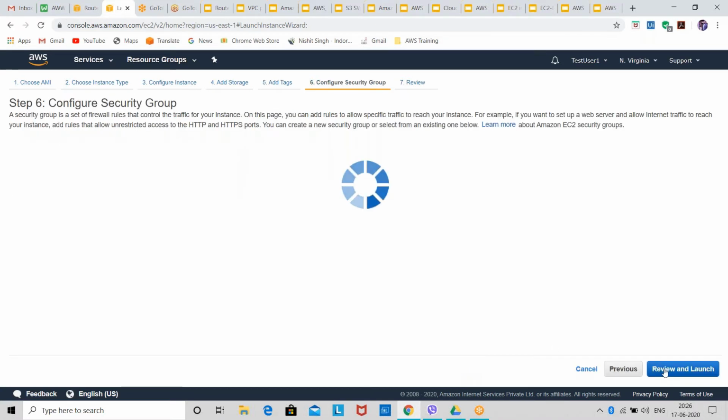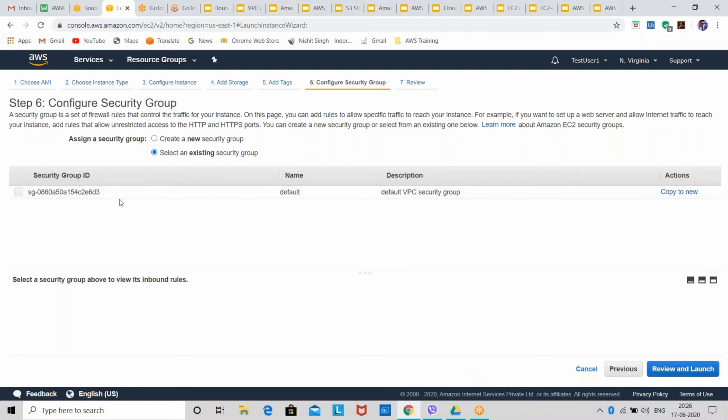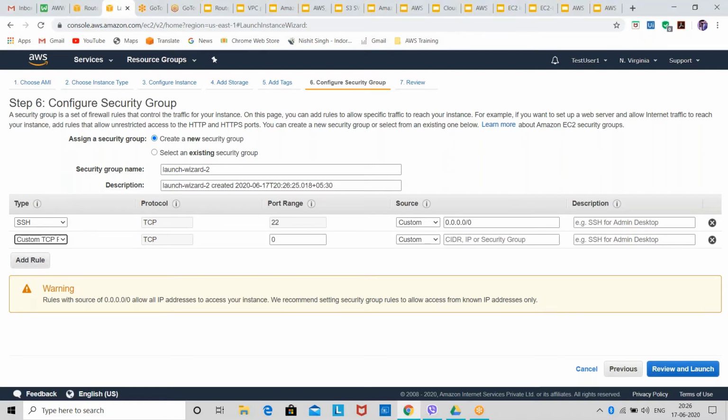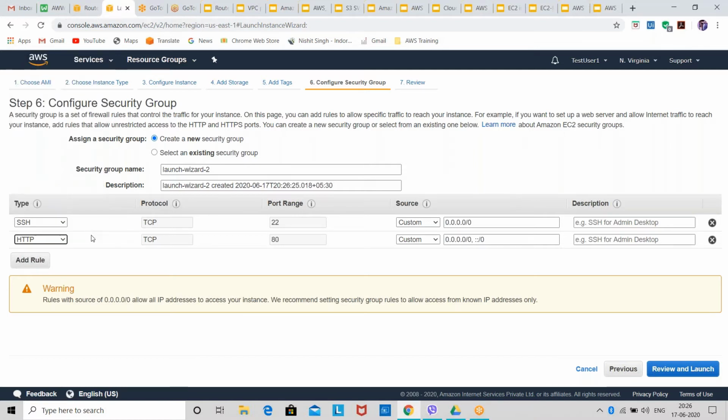Then I'll go next. Now here in the security groups, I don't have any group right now, so I'll create a new security group. What are the rules that I want for the current situation? I have SSH for connectivity. If you want to add any other rule, like HTTP for web access, you can.